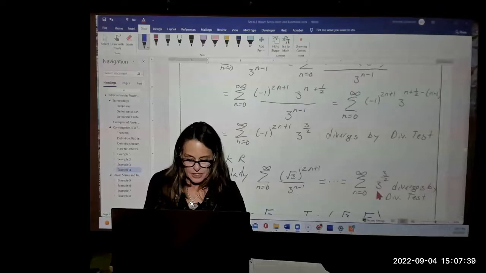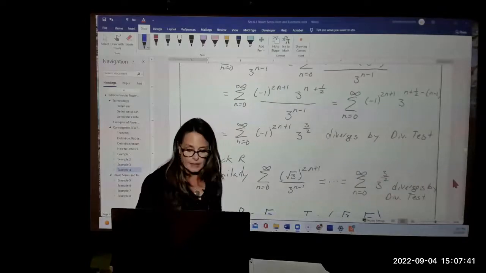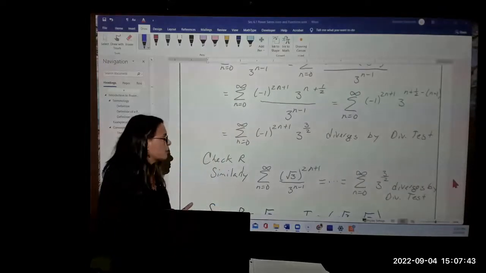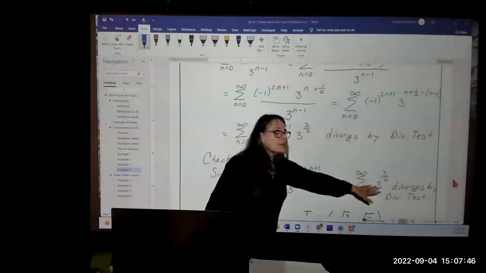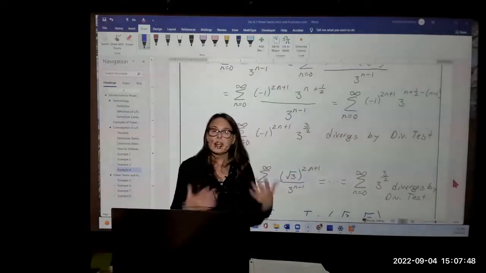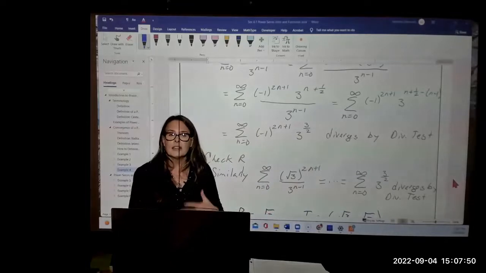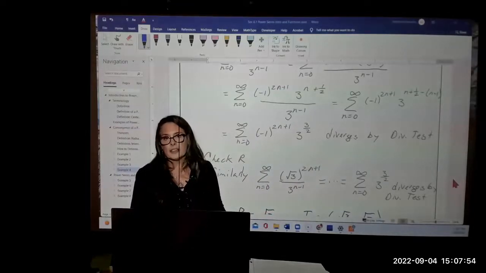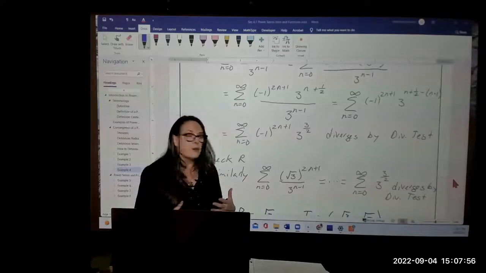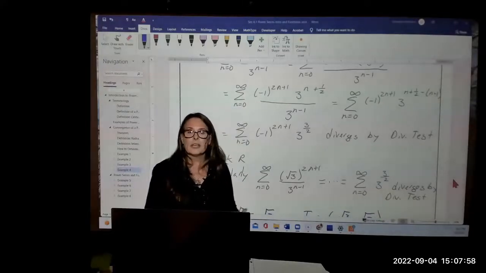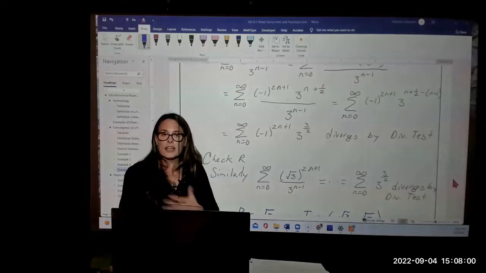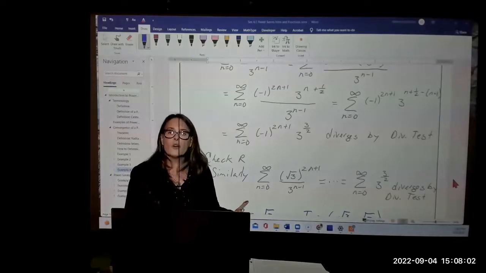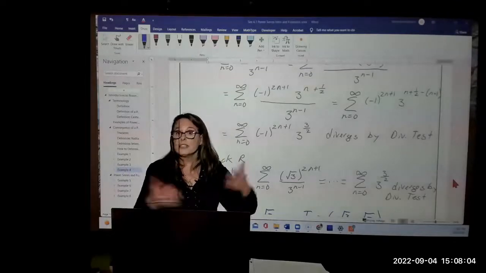And it will lead to the sequence 3 to the 3/2, or the square root of 27. And because the limit of the sequence doesn't go to 0, it diverges by the divergence test. Usually checking the endpoints is mostly a matter of checking the divergence test. Not always, but generally speaking, it's either the divergence test and it diverges, or it becomes the harmonic series, which